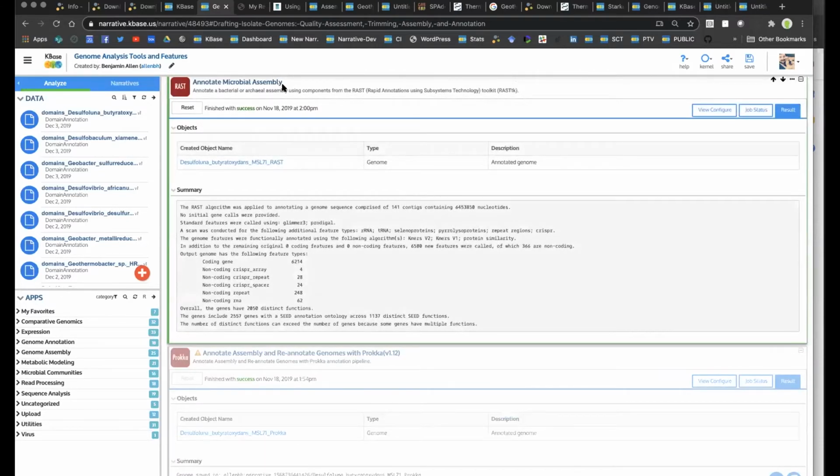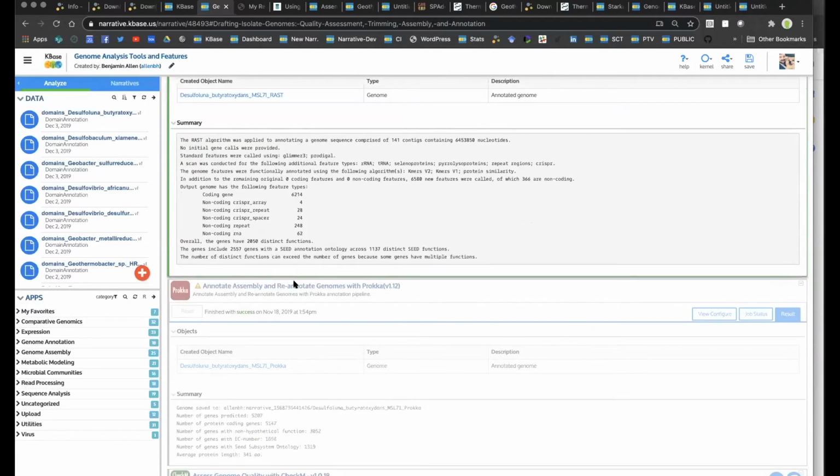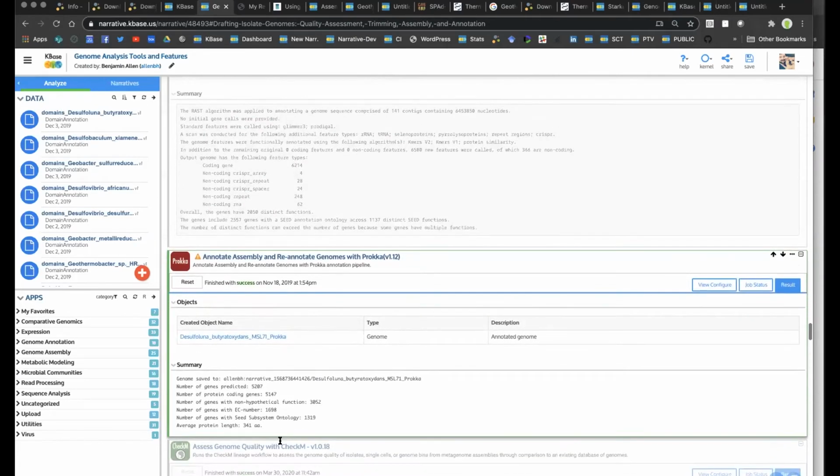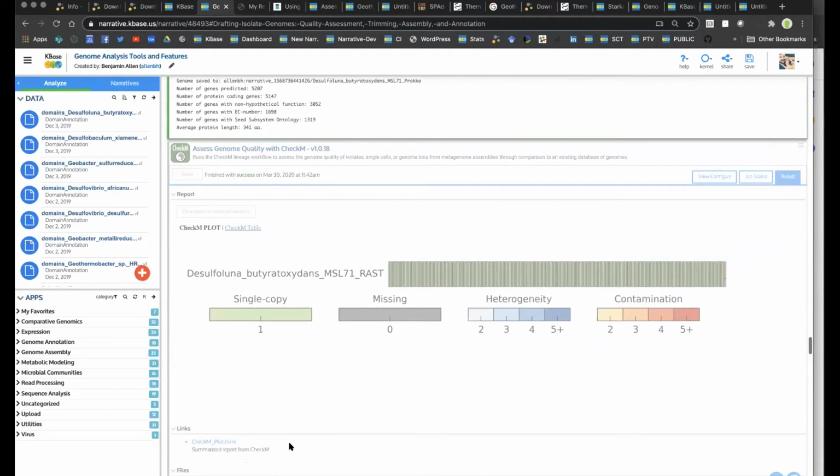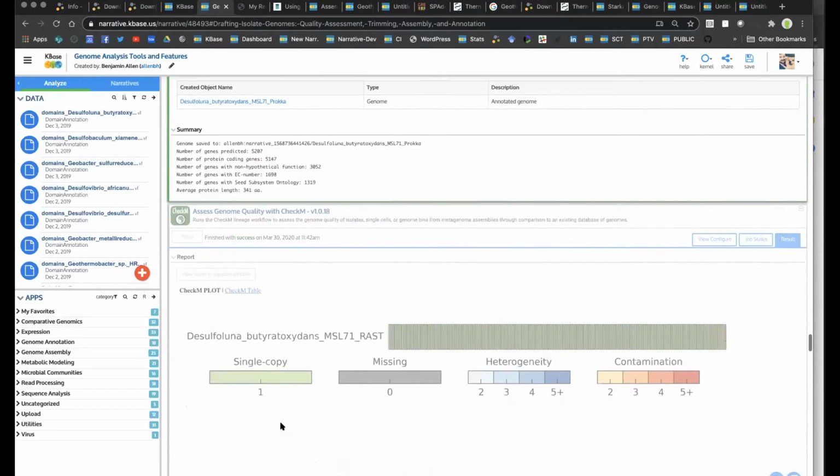This is the RAST-based annotation tool, and here is Prokka. They produce similar reports with a little bit different lingo, but again, you're mostly looking at how many genes did it predict, how many of those that it predicted was it able to assign annotations to, which ontological terms did it pull from for those assignments, and things like that. So as far as,